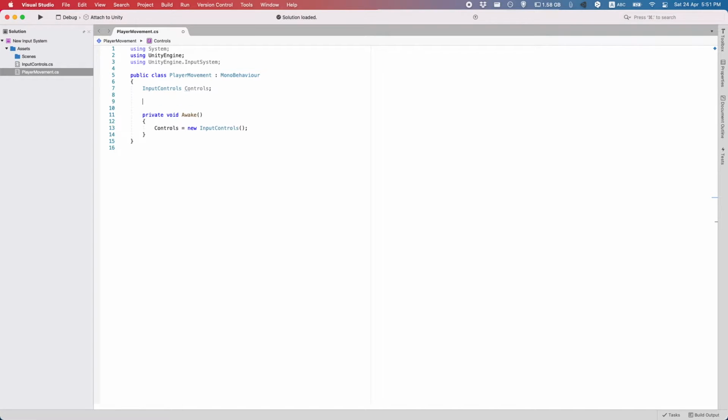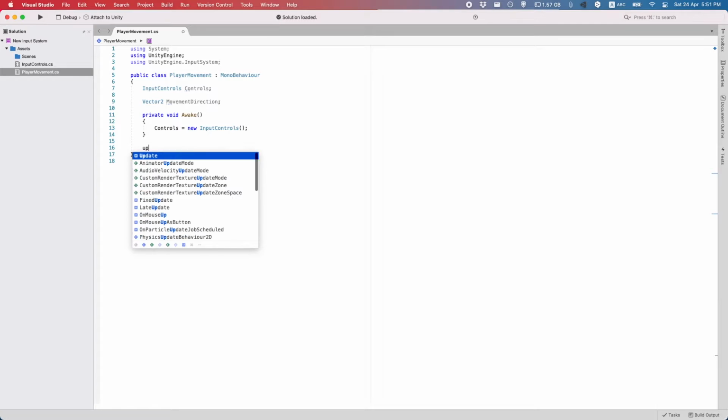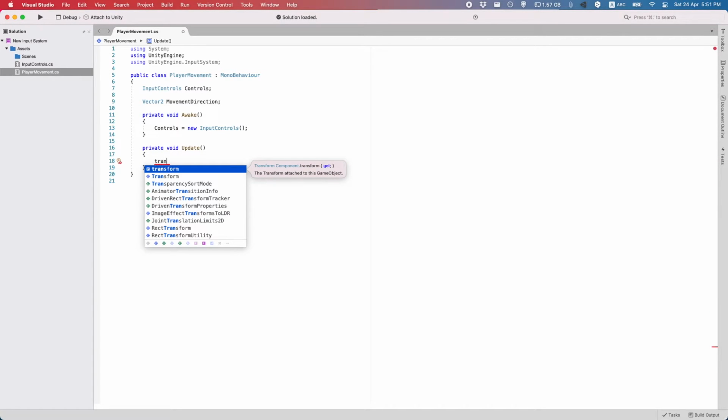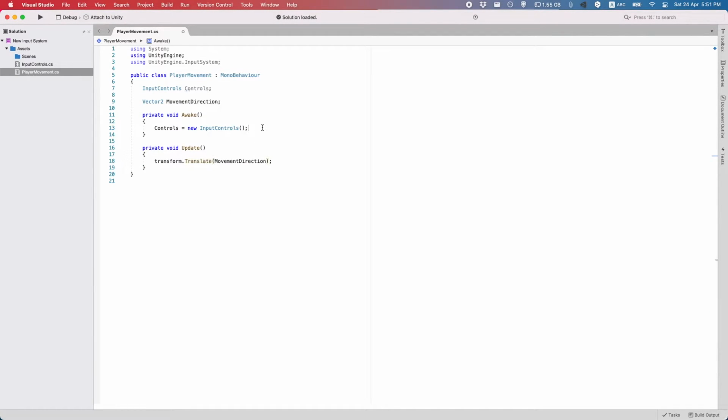Okay, now let's create a Vector2 here called movementDirection. And the idea is we want our input system to change this value because we are going to use it in the Update by using transform.Translate. Okay, so the way we do this is by doing controls